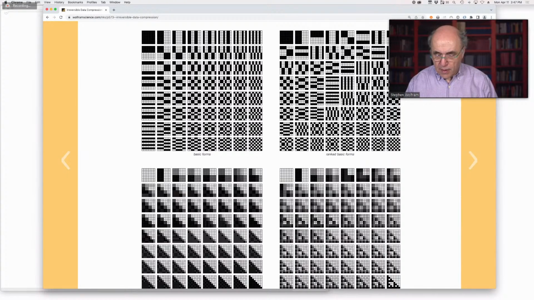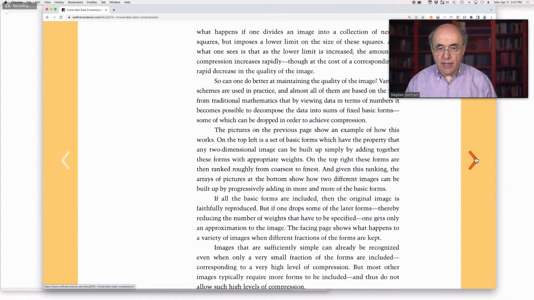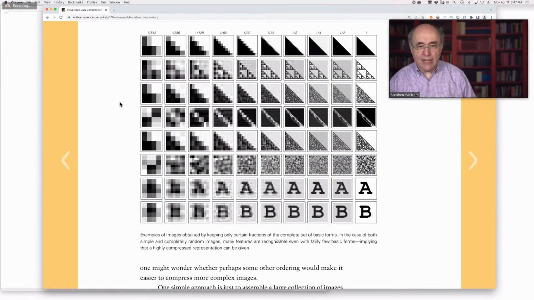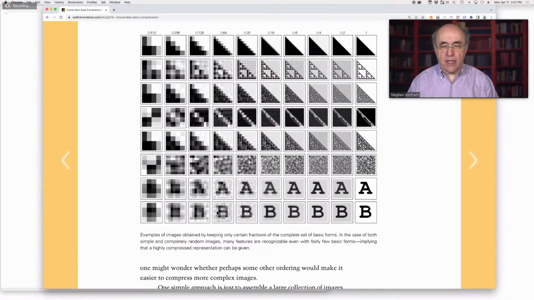So let's keep going here. Okay, so these are practical examples where we're asking the question, well, does this compression, even though we know that we're keeping only 1/64th of the forms that we would compose together to get the image, for us as humans perceiving the pattern, can we still tell what's going on?